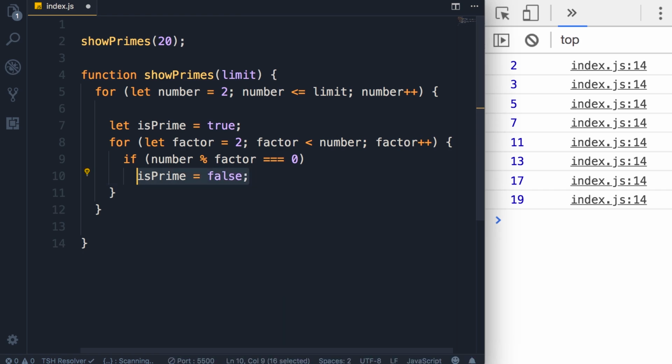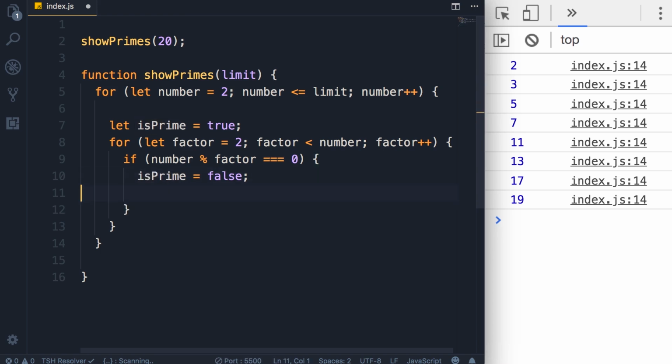Also, if we get to this point, there is really no need to continue this loop, because let's imagine we want to display all the prime numbers from 1 to a billion. Now in this inner loop, as long as we find a factor for this number, that means this number is not a prime number. So there's really no need to continue running this loop, because this is just wasting our computer's processing power. So here we can add a code block,